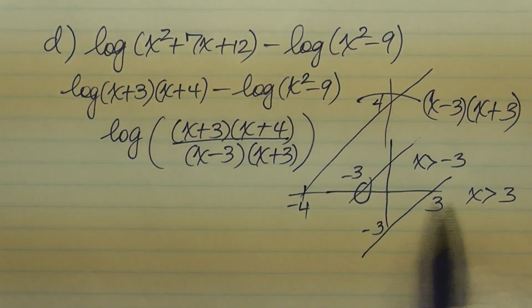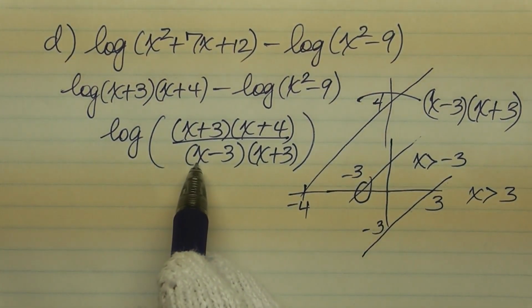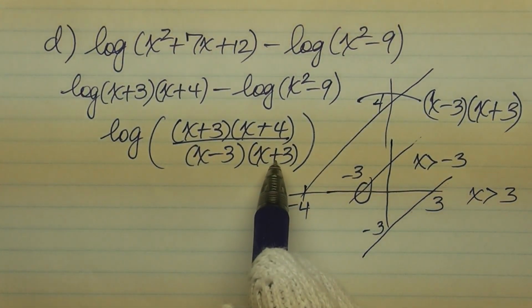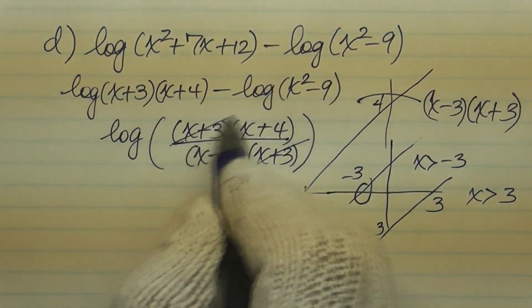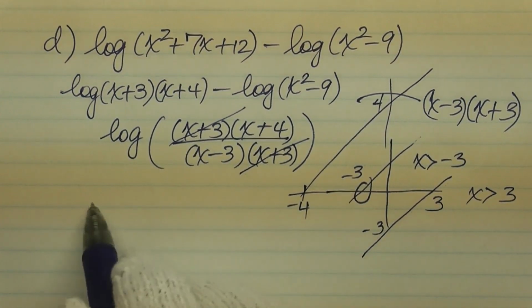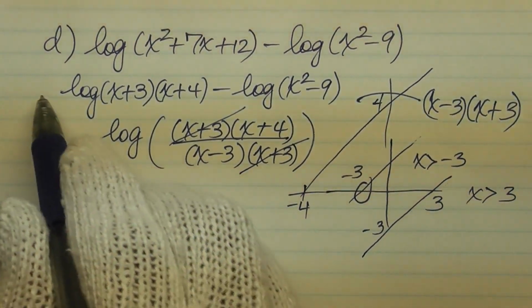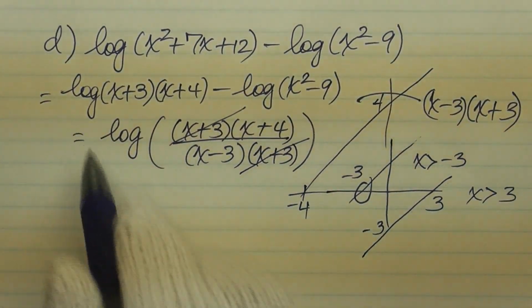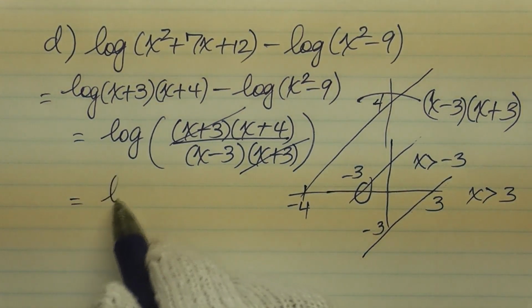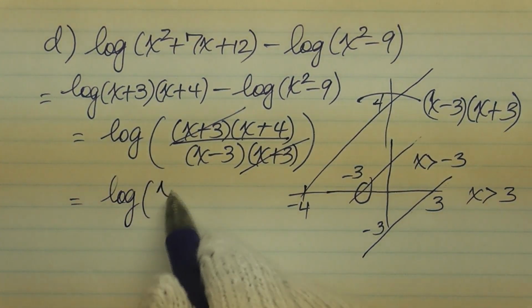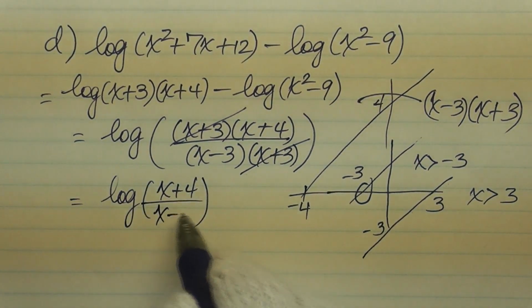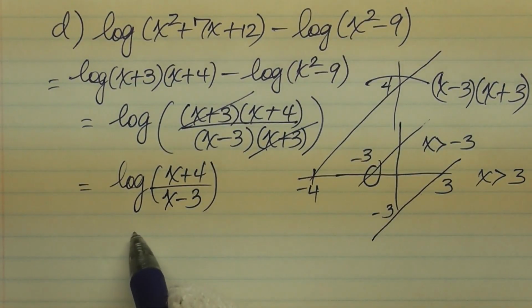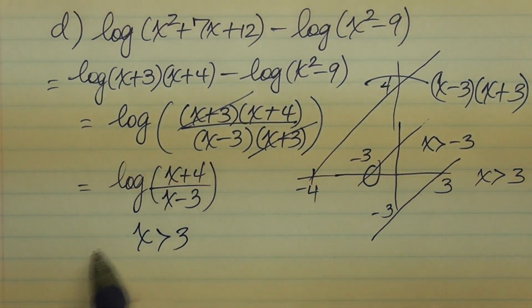If x is greater than 3, this will not be 0. So they can cancel out. And so that's going to give us log of (x plus 4) over (x minus 3). And our restriction is x must be greater than